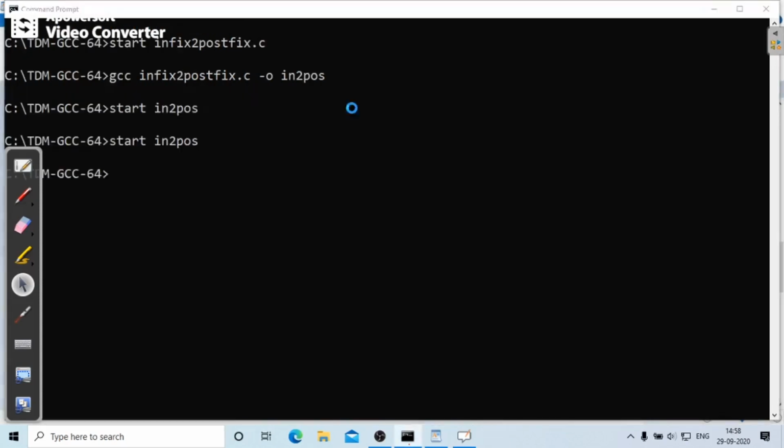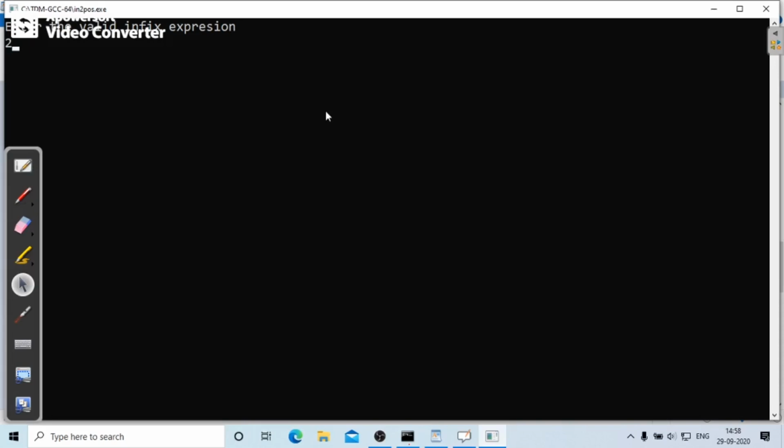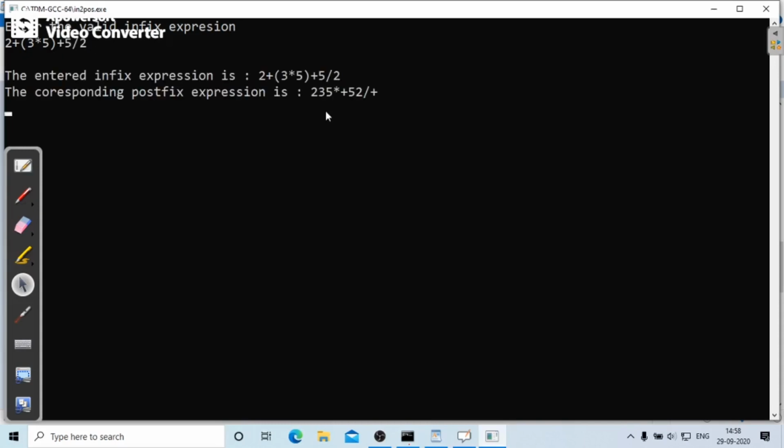Again, 2 plus 3 star 5 plus 5 slash 2. This is the output for the above infix expression.